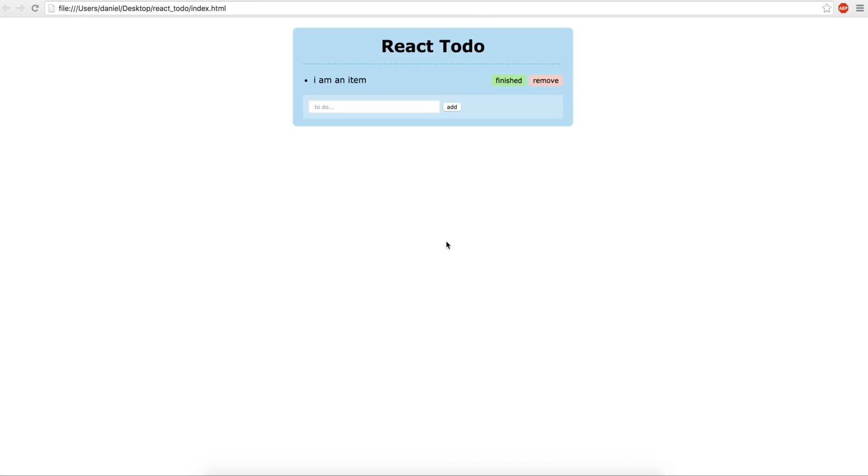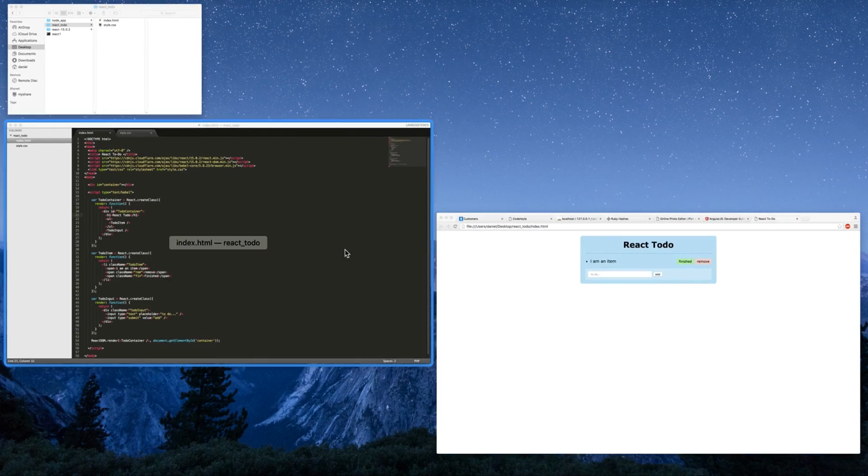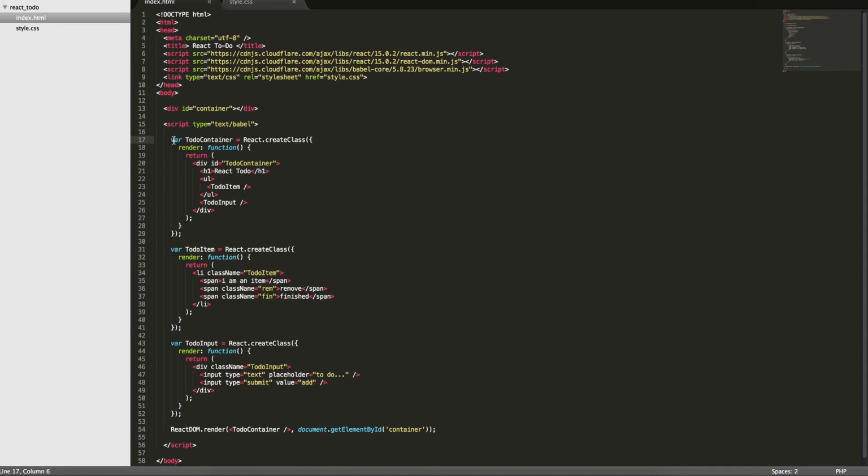Hey everyone. So in this video we're going to go over how to make this React to-do application work. In the previous video we went over creating the components. Here we created 3 components. This is our main app component. It'll contain other components. So we created a to-do item component and a to-do input component. These are the components here, but now we're going to make them actually work and create some state and